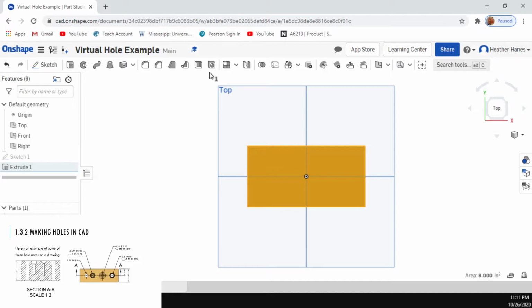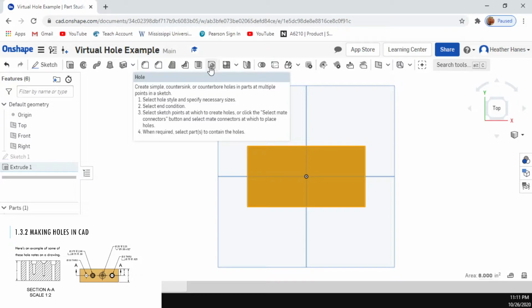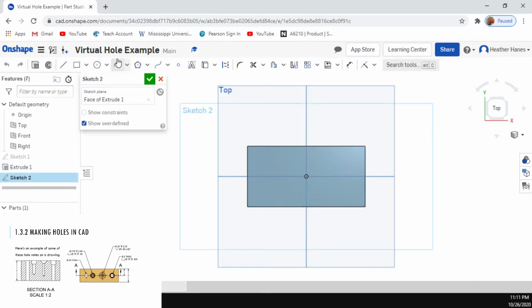And to use the hole feature, this feature right here, that's a hole tool, I need to have vertices, or at least one vertex that I can call upon and use as the center of the hole. So I'm going to go ahead and sketch some vertices. See, my holes are 1/2 inch. Okay, that's 1/4 inch. So I'm going to put this, let's do 1, 2, 3, 4. And I'm going to go ahead, since I have 4 holes, and dimension them at, let's see,